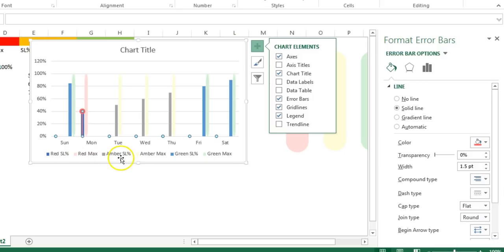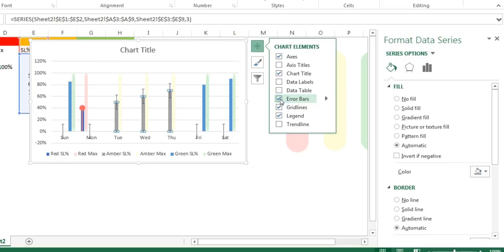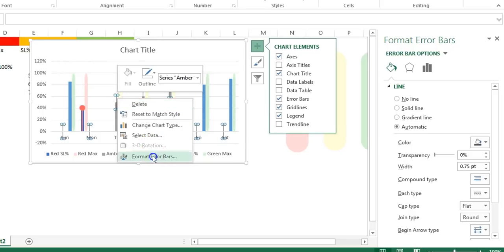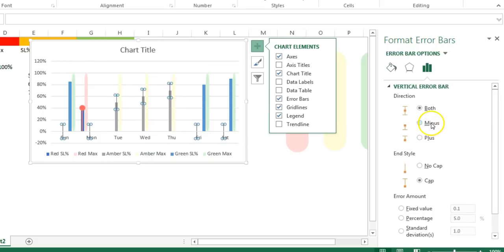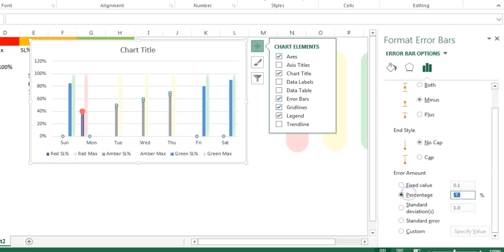Alright, now I'll select the amber SL, just select the amber SL. This is the amber SL. Now we will again go to this plus icon and we will click on error bars and we will repeat the same activity. So just select the error bars, right click, go to the format error bars. Here we will select direction minus and style no cap. Error amount will take percentage and 100%.